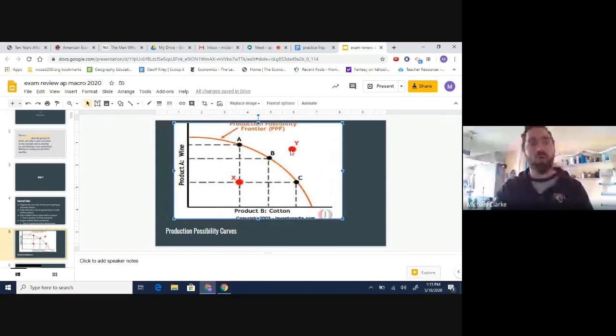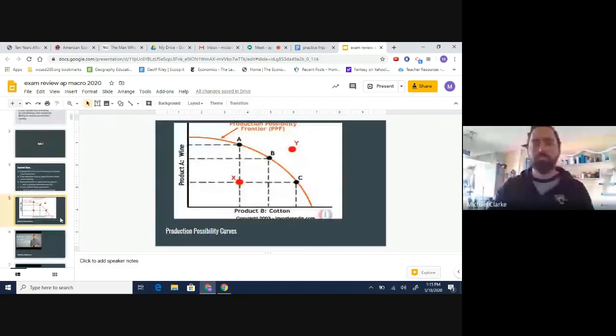Okay, so keep in mind that this frontier right here is what your economy is capable of, and it's your measuring stick. It should look very similar, or should be connected, to long-run aggregate supply. Remember, long-run aggregate supply and this PPF right here, that's the measuring stick for your economy. It's what your economy is capable of. So if you're operating along this point, that's good. You're meeting your goal. To move that long-run aggregate supply curve to the right would require an increase in one of the following: land, labor, or human or physical capital. Okay.